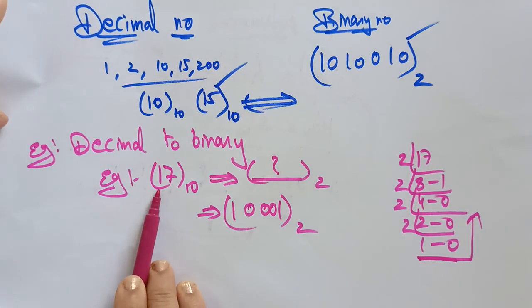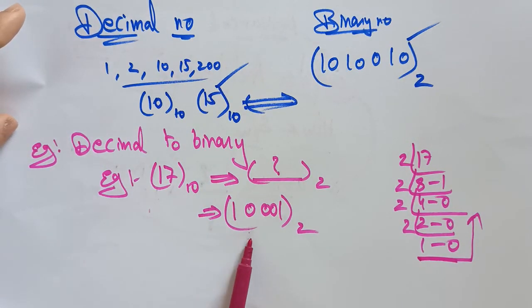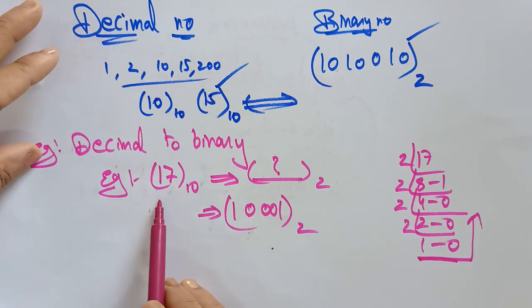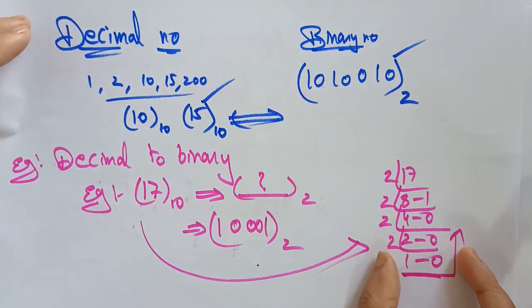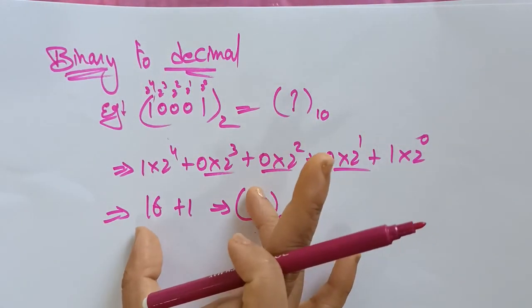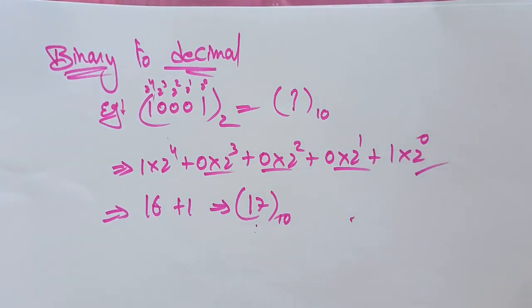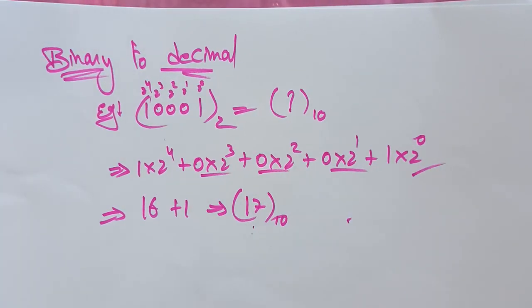For the given binary number, the decimal number is 17, and for the decimal number 17, the binary number I got is 10001. So this is the way the internal operation converts. In the same way, binary is converted to decimal by following this method. In the next video, I'm going to explain decimal fractions and binary fractions. This is only the integer part. With the fractional part, how to convert a binary fraction to a decimal fraction and a decimal fraction to a binary fraction, we'll see in the next video. Thank you.